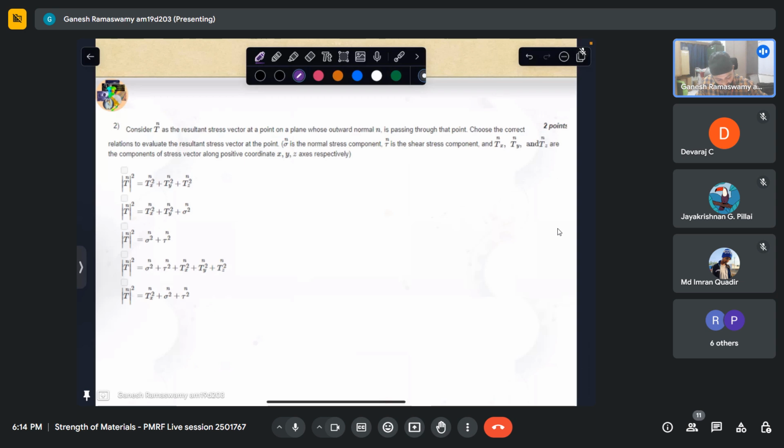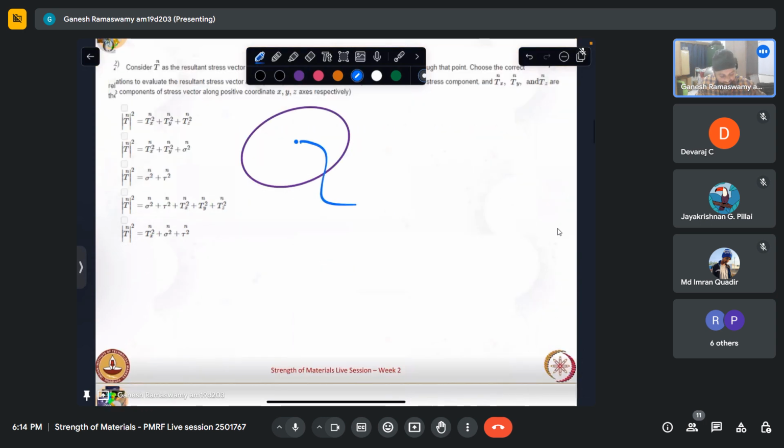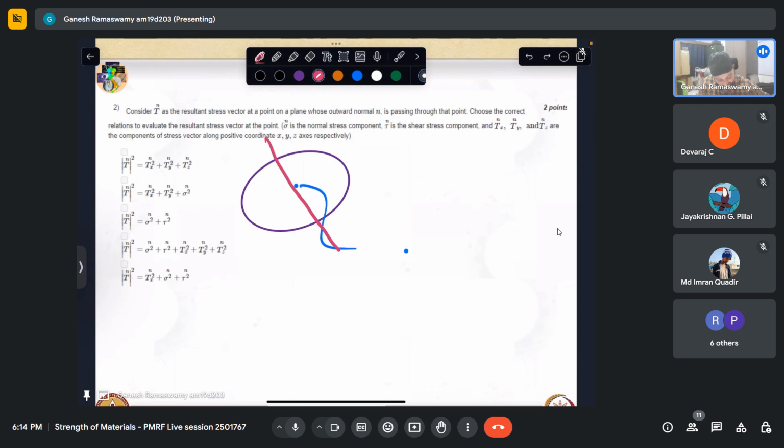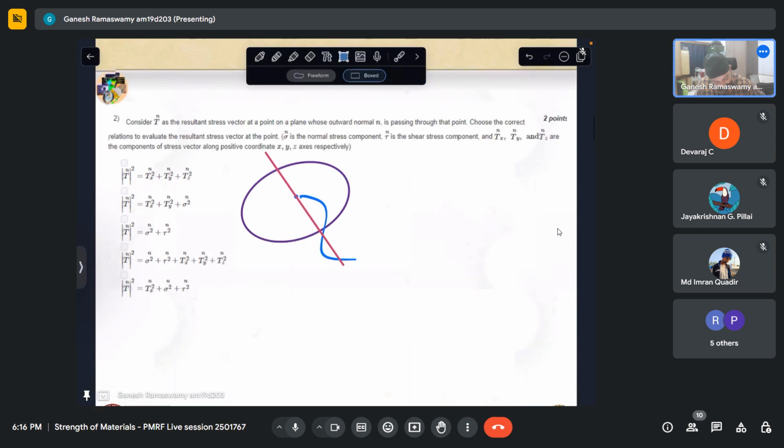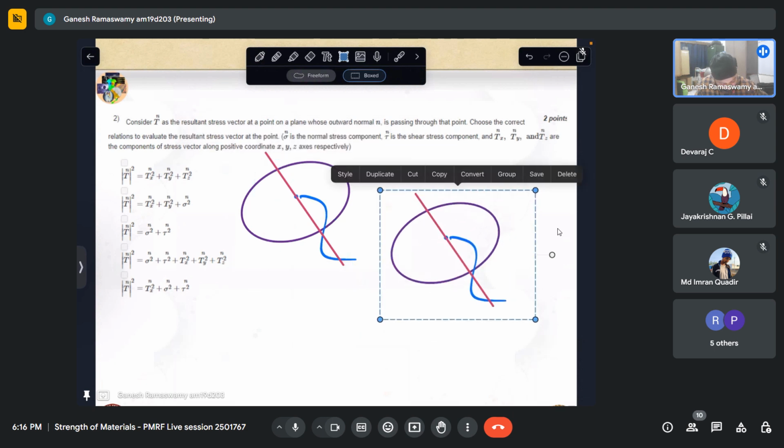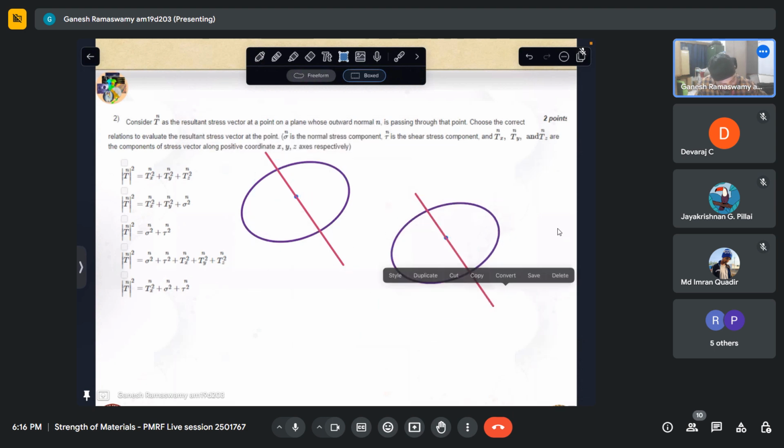So now what I have done, I have taken one object which is stressed again as usual, and then I have taken this point. At this point I can cut this body like so, or I could cut this body like that through that very point. So when it comes to a point, there are infinitely many planes passing through that point. What I'll do is, I'll take this body, let that be the plane, and I have cut the body at that point along this plane. So I have exposed it like this.